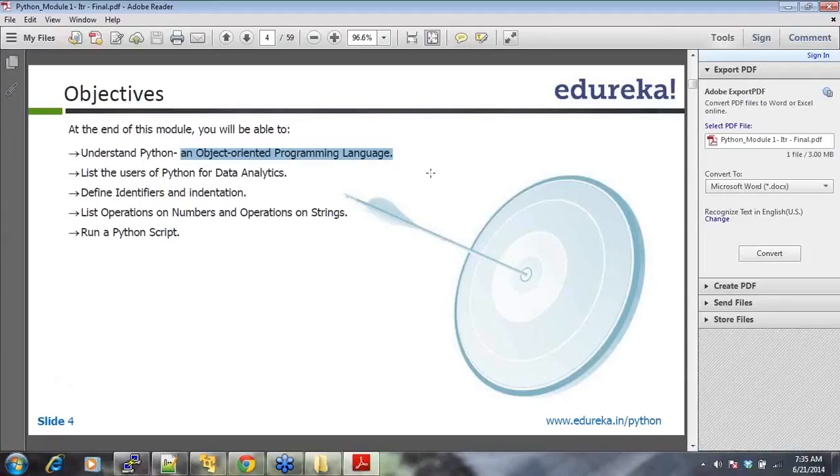Okay. List operations on numbers and operations on strings. Again, you'll be surprised here as well. Every string is like a combination of characters, and every word in a sentence is indexed. So we will see that as well. And then finally we'll learn a Python script and see. So these are the objectives. At the end of this module, you'll be able to learn and understand all this. So let's move